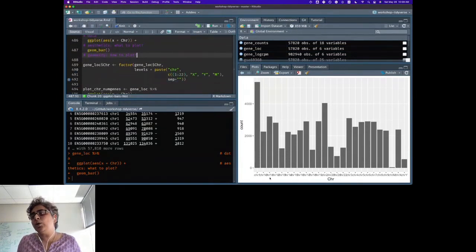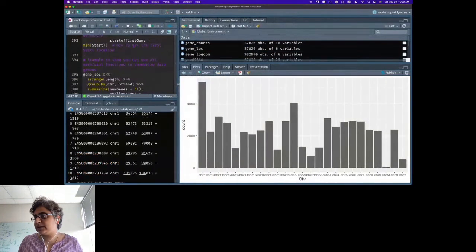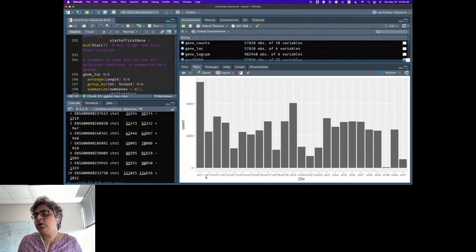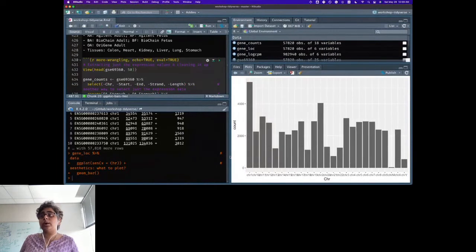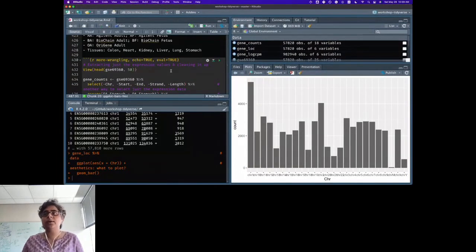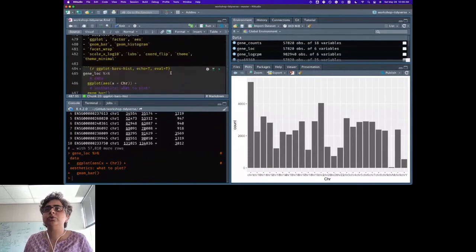Now you can see how it's all on top of each other, right? It's not particularly the cleanest plot we can make. Let's see if it gets any better. Okay. Also, you may notice that it says chromosome 1. Then it jumps to chromosome 10, 11, 12, because they all start with CHR1. But that's not the order that we want it in. So what we are instead going to do,